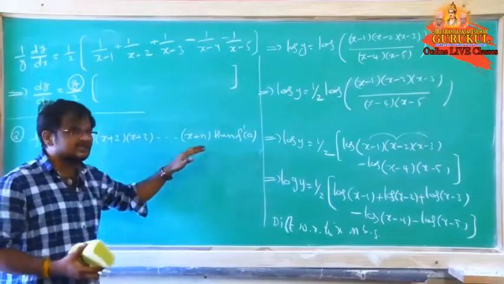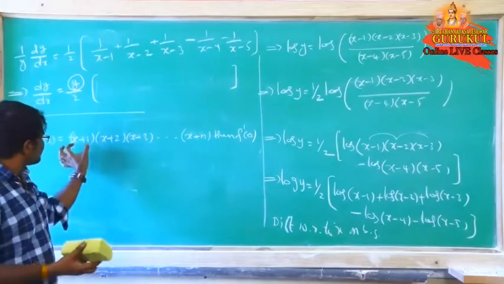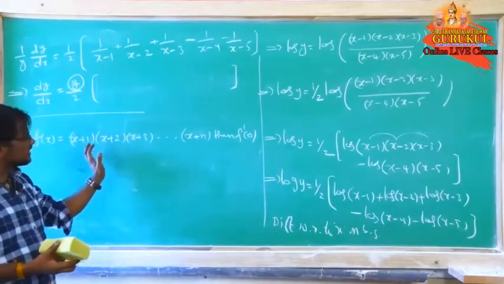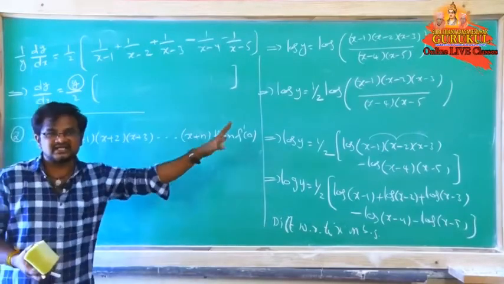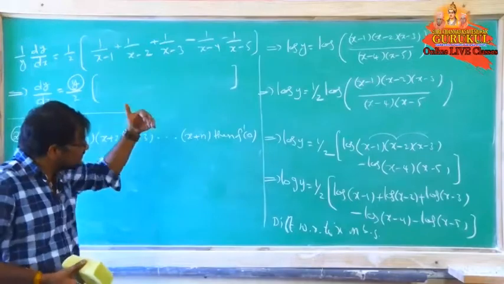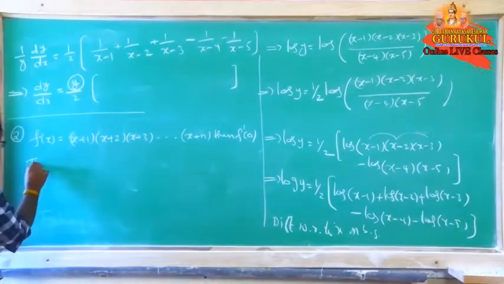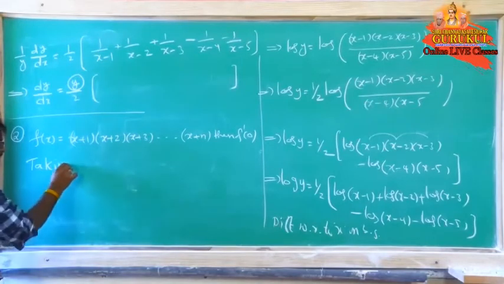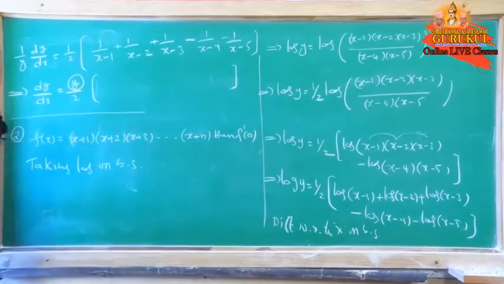For that, for a product of n terms, previously in formula-based problems also we applied: first we have to do the differentiation of this one and keep the remaining as it is, then differentiate the second one, keeping the remaining like that, for n terms. Otherwise, by logarithmic differentiation, how to do it? First we have to take log on both the sides.